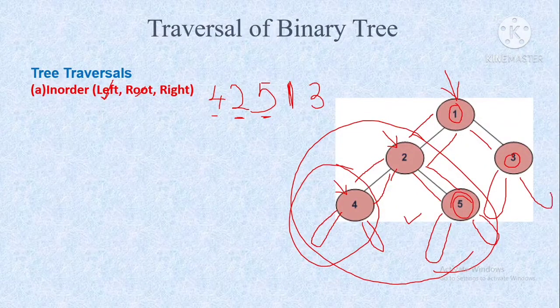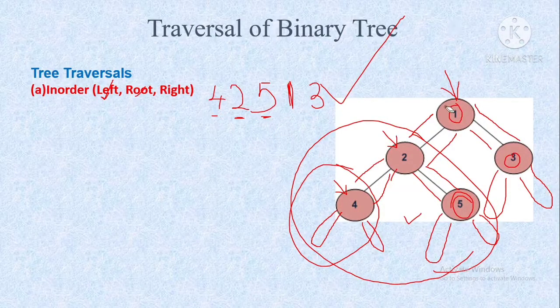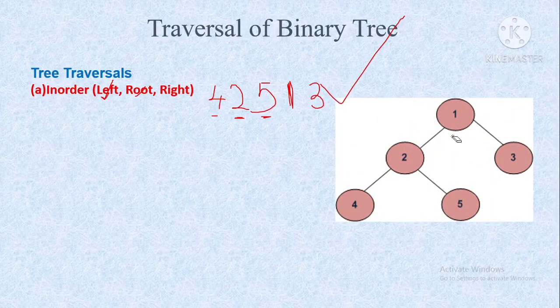Then I'll go and search the right subtree. It does not have one. Then again I'll go back to this root. So this is the in-order traversal of the given binary tree. Next we will move on to the next type,